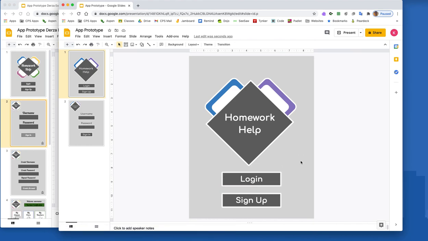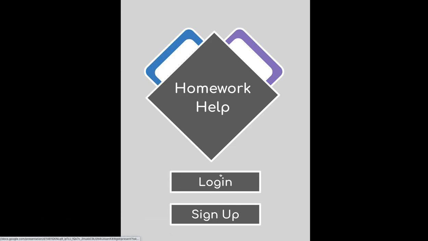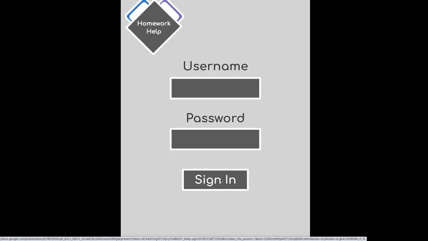Now, how do I know if it's actually working? I can put my app into present mode right here on the top. So let me do that. Okay, and if I have it in present mode, if I click on the word login, do you see how the little hand hovers over it? That shows me that that button is a linkable button. So I'm going to click on it and it takes me to the second page. So there you have it. This is how I just linked my